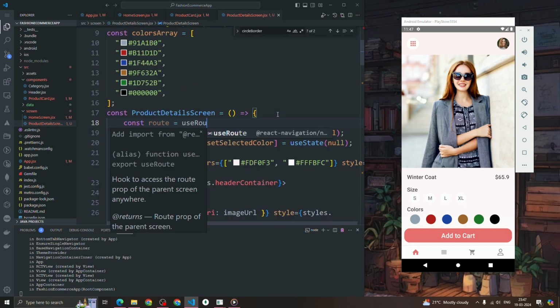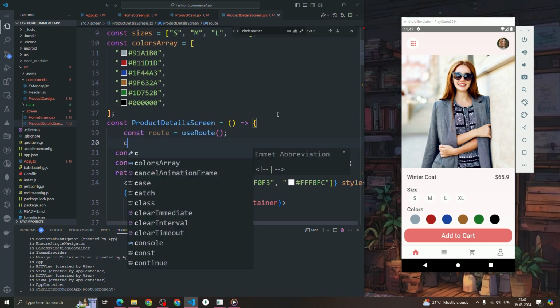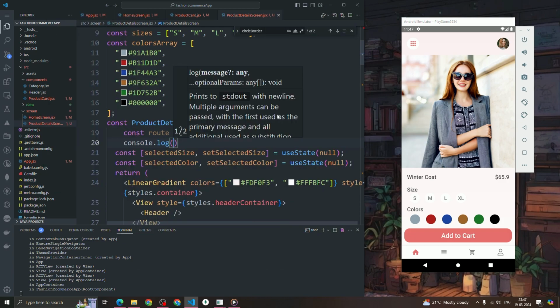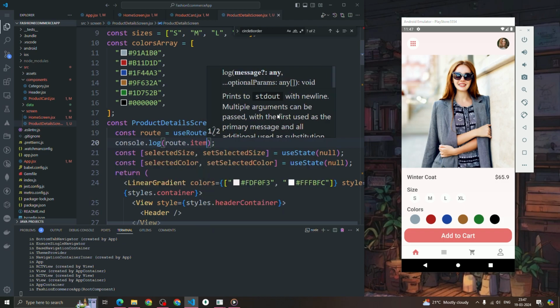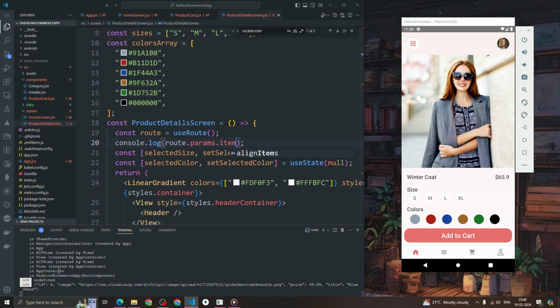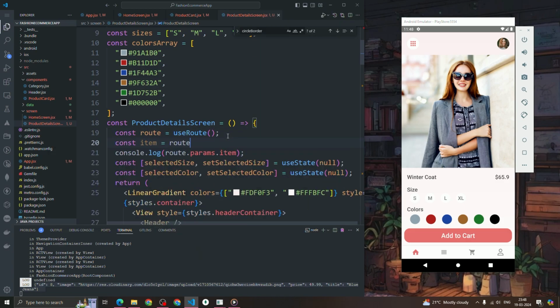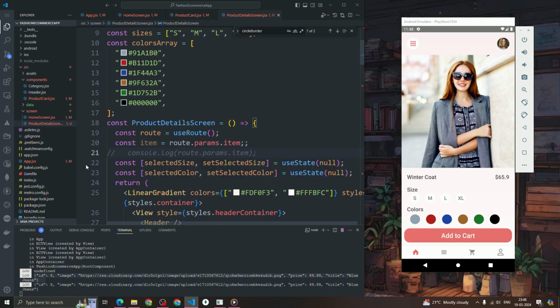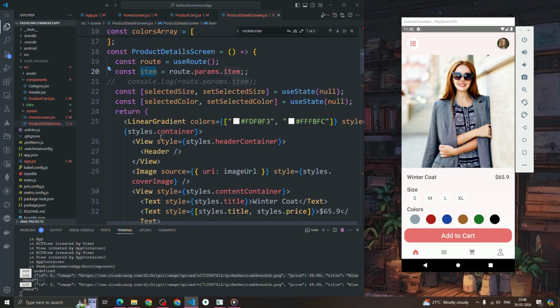route is equal to useRoute. Okay, and what we have to write, console.log route.item. Okay, I think instead of route.items, we're going to have route.params.item, and you can see that we are getting this object. We have an ID and so on. So we're going to have it like this: const item = route.params.item. Okay, we get the item, and instead of showing this static image, let me do like this: